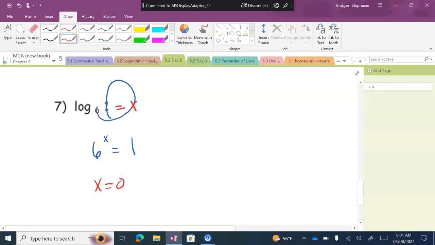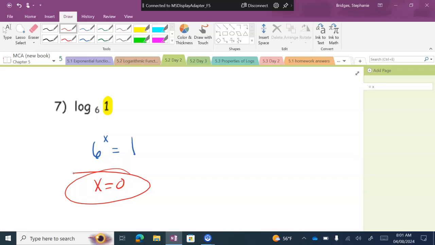And here's a little trick. Anytime your argument is 1, no matter what the base is, that log is going to simplify to be what? 0, right? Okay, so just keep that in mind. If your argument is 1, no matter what that base is, that will always simplify to be 0. Any questions? Not too terrible, right? You just have to know your powers. Think about your numbers. 3 squared is 9. 3 to the third is 27. You're going to be using a lot of those numbers. Powers of 4, powers of 2, powers of 5. We won't get into extremely